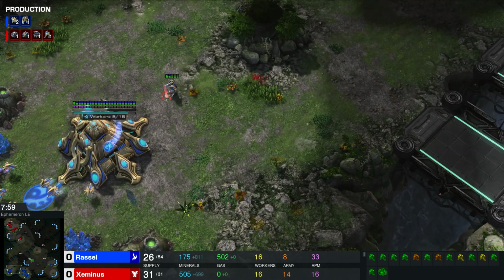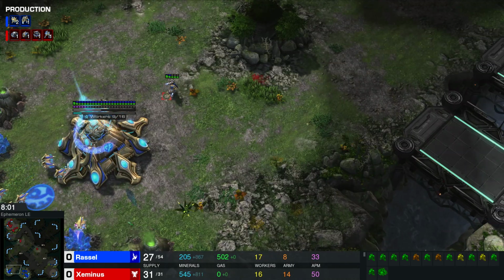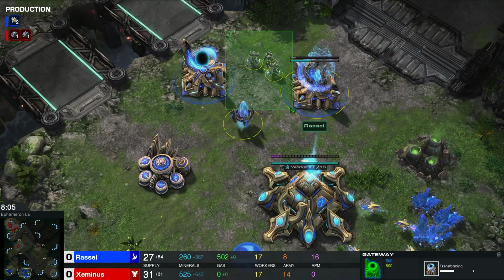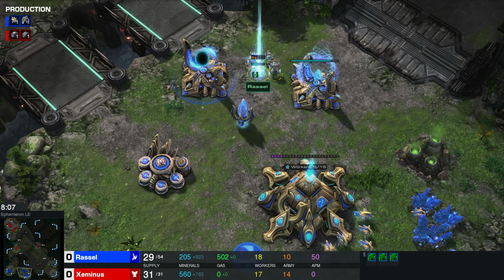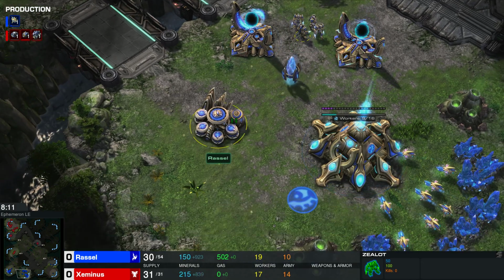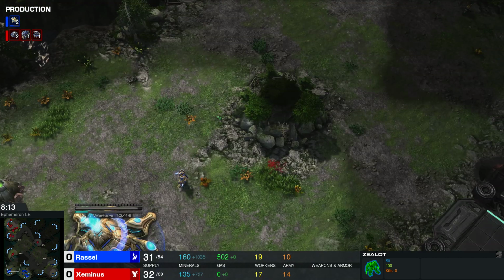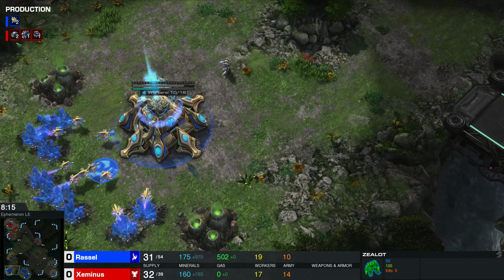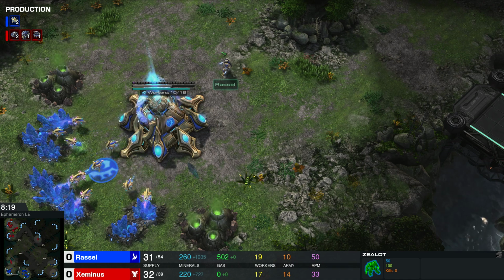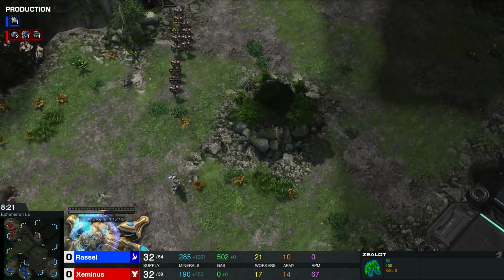This is enough Marines to deal at present, but what is with Russell and building zealots? You don't have charge. Stop building zealots. Just build a stalker. You've got 500 gas in the bank. I mean, seriously, dude. From a Terran point of view, you just shouldn't really lose to slow zealots